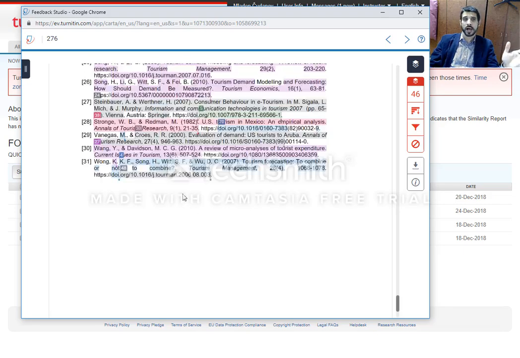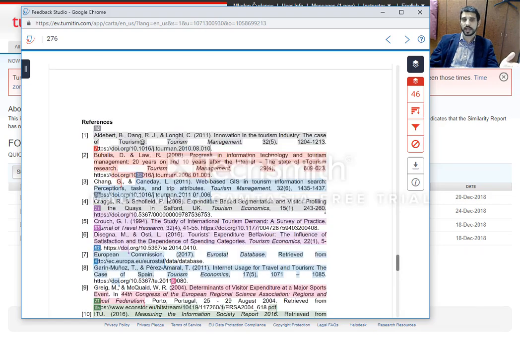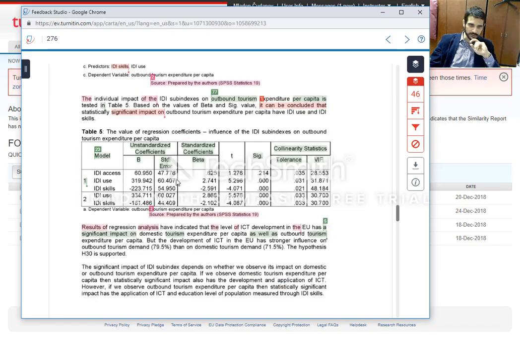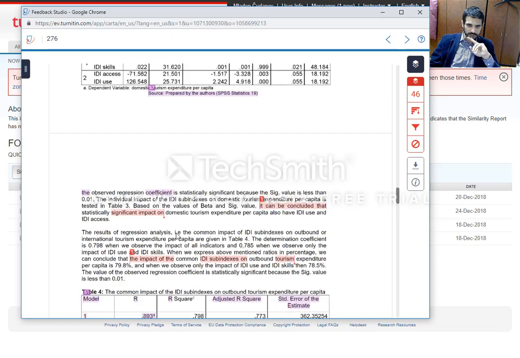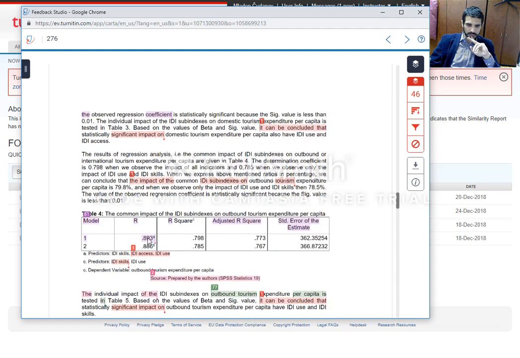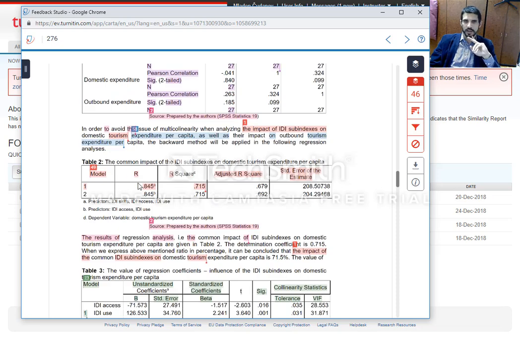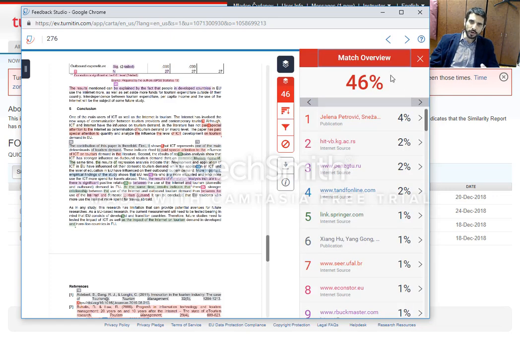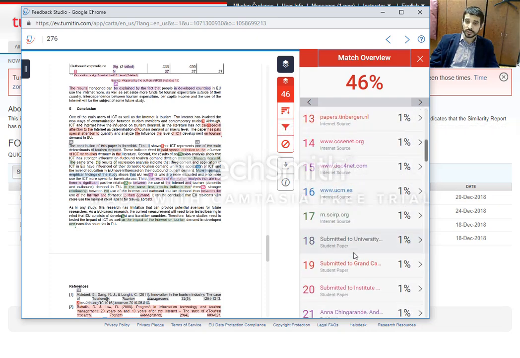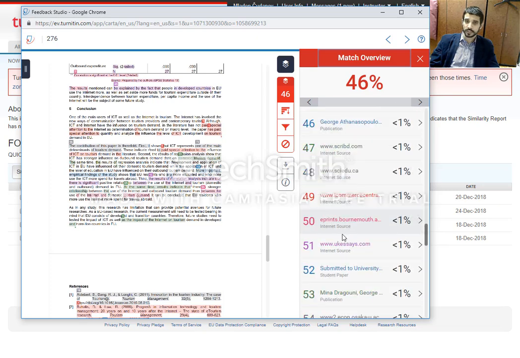What I would do now is check the suspicious parts, like that table with the numbers. Yeah. Okay, this would probably be okay, but these two numbers are too much of a coincidence, so I would check that out. Also, you can see a match overview by clicking on the percentage number here, and now you can check out all the sources which are part of this